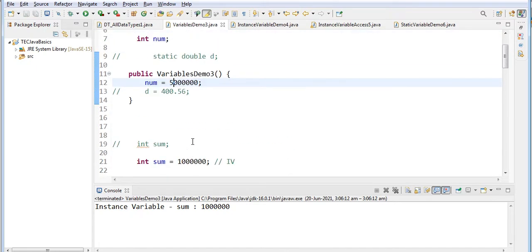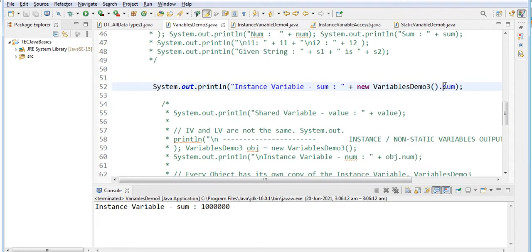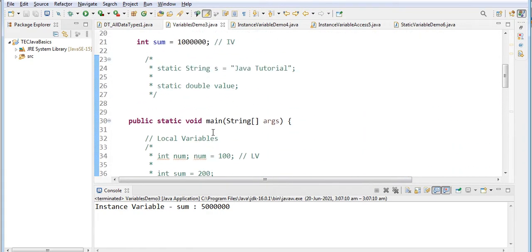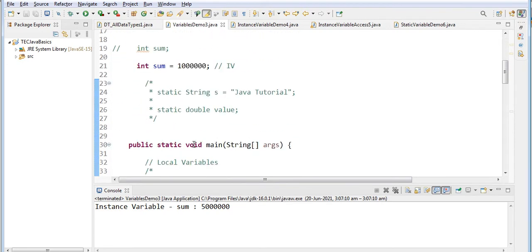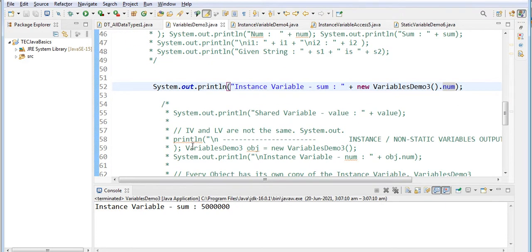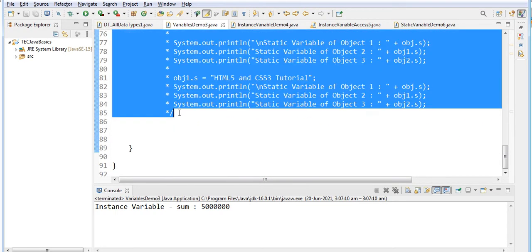Now, instead of printing sum, we will print the num value. See, it's showing this value. So if you don't initialize, it will give the value as 0. If you initialize inside the constructor, it will give the value 5000. Next one, I'll show you about the static variable.